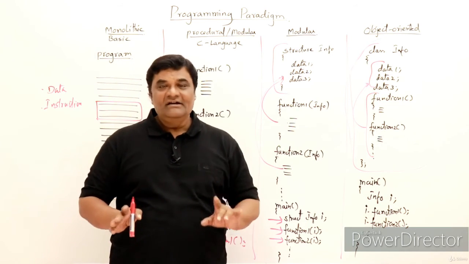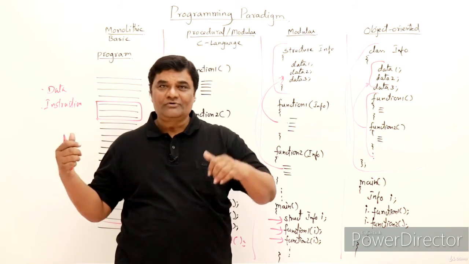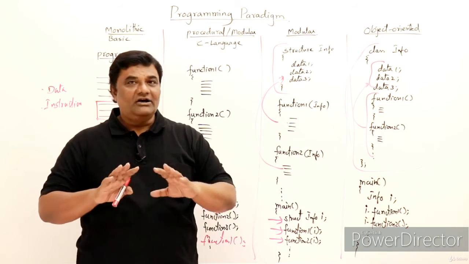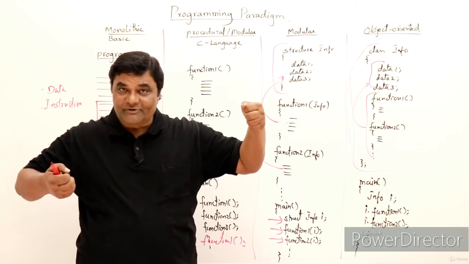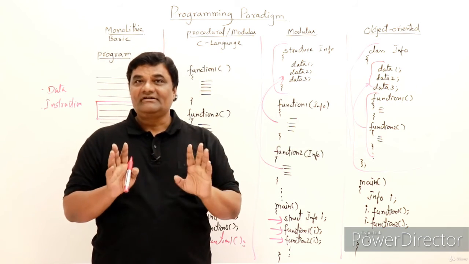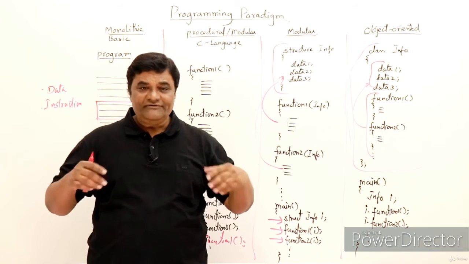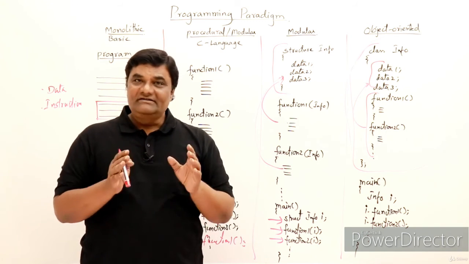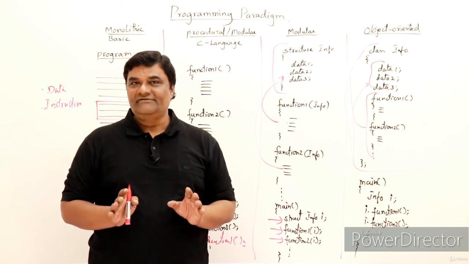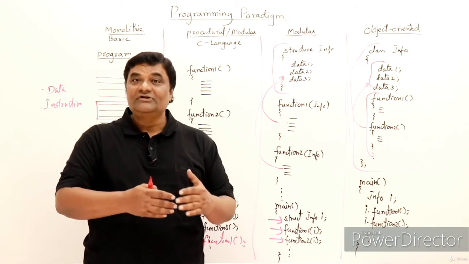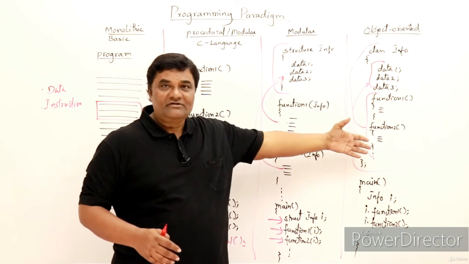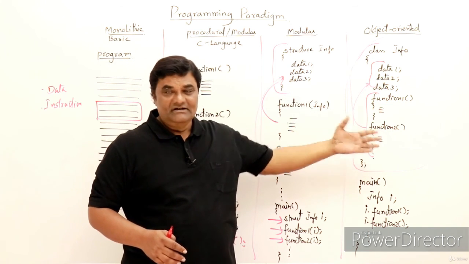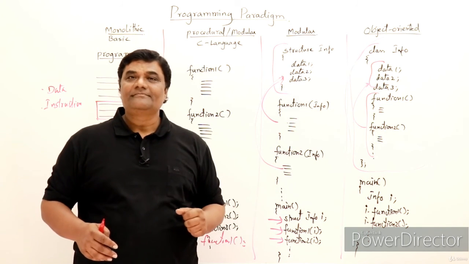In the same way, if you are writing a program, whether you follow this approach or that approach, the outcomes of the program will be the same. The only difference is, if you look inside the program, the way the program is written is different. So this is not for the users of the program. This is for the programmers themselves. These paradigms are useful for programmers to make programming easy. And this is the easiest method of writing programs, that is C++. That's what we are going to learn.